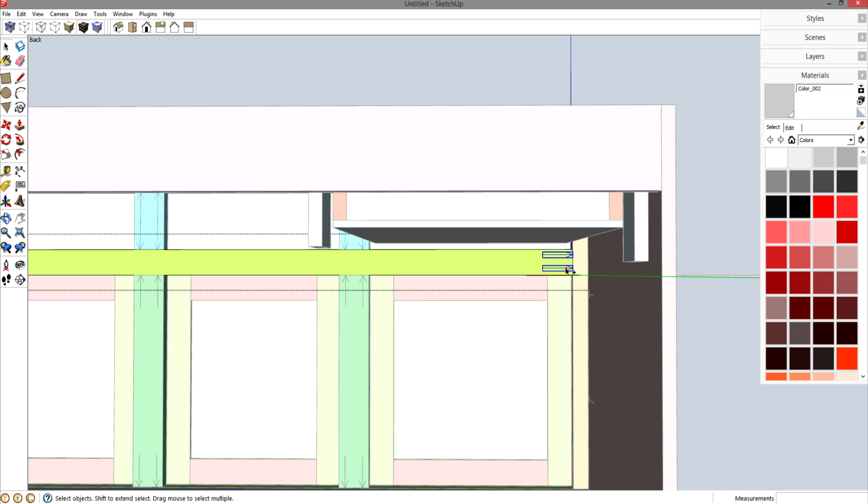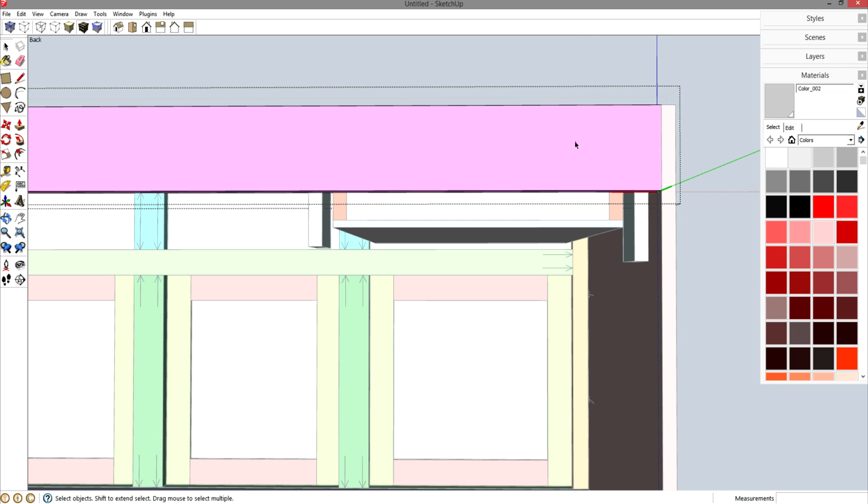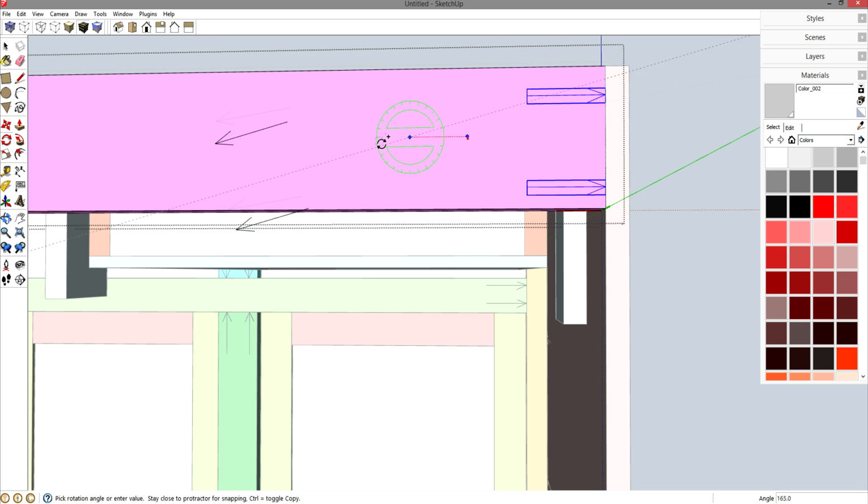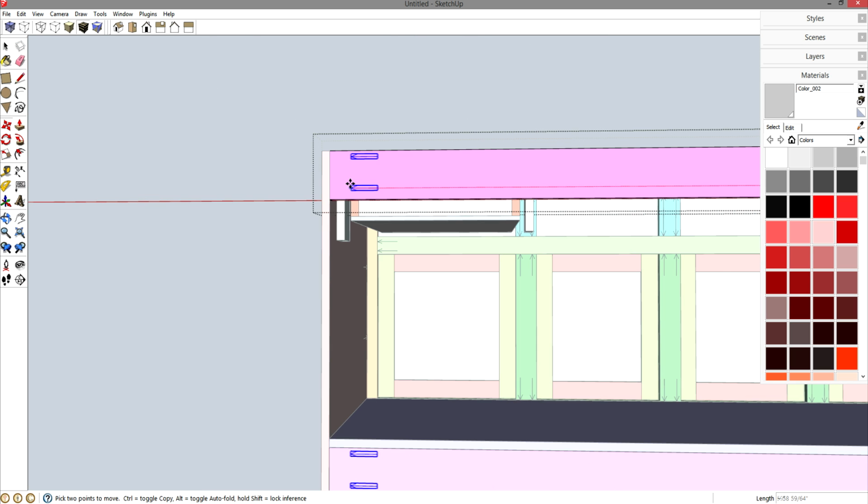So let's double-click that at this part again. Grab this one, Control-C, go back into this one, and Control-V. They're already made in the appropriate orientation. Why draw them again if you can just copy them? Let's grab this one, M for move, and move them like so. Let's grab both of these, Q for rotate, and rotate it around. M for move, grab the front, and we're going to go to this other side,